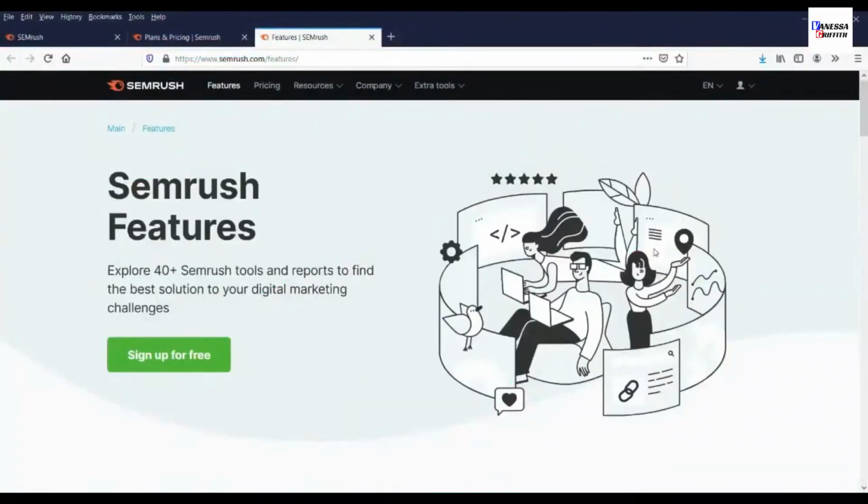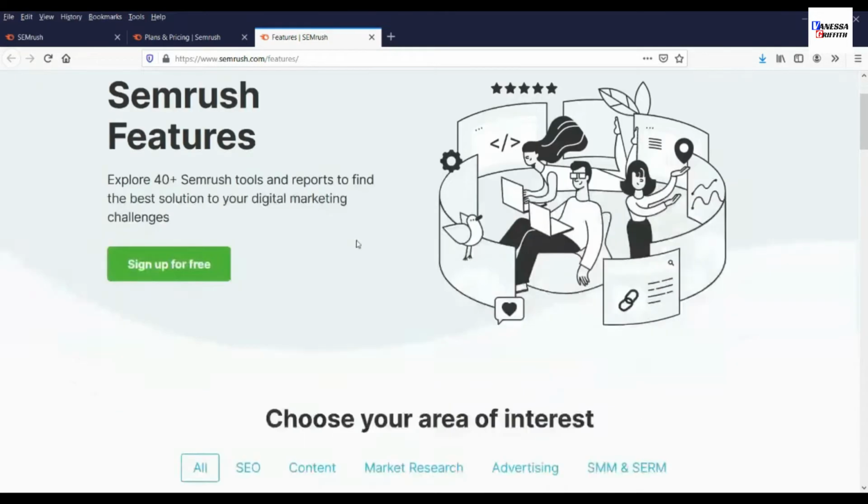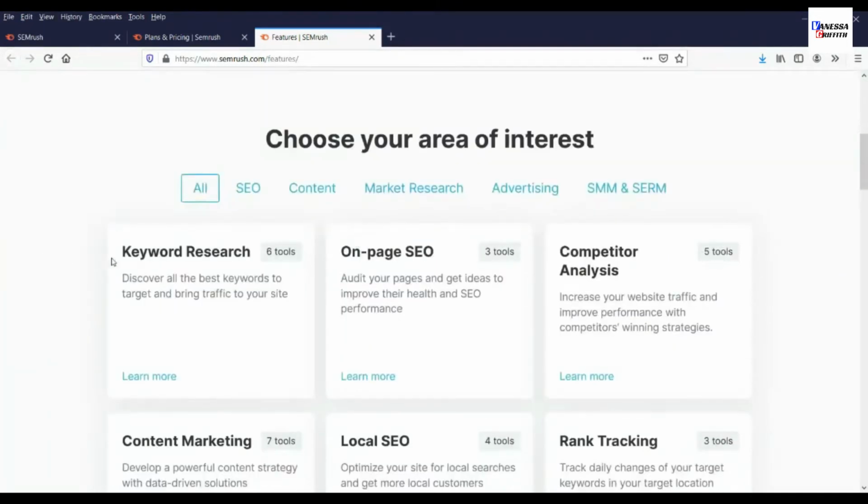Right, let's start with the basic features of the SEMrush tool. This is one of the best tools you will find to improve the rankings of your website on the internet. Some of the features are listed here. We will go through a quick introduction to these tools. Keyword research is the tool which will help you research keywords. It will tell you which keyword is tough, which keyword is getting traffic, and which keyword you can optimize on